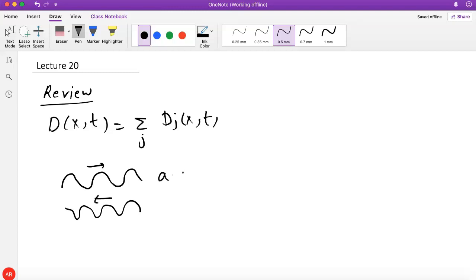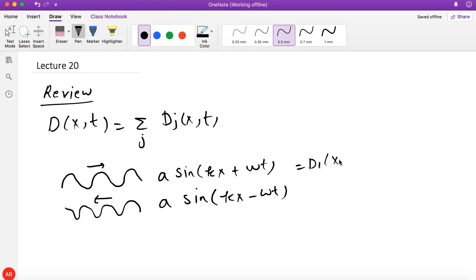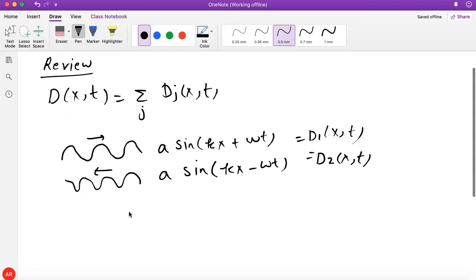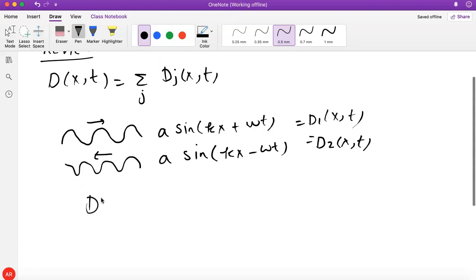Something like this can be described by a sine of kx plus omega t, and something like this can be described by a sine of kx minus omega t. Let's say that's D1 of x and t, and that's D2 of x and t. Then the wave pattern that emerges, D of x and t, which is a superposition, simply adding these displacements, is given by